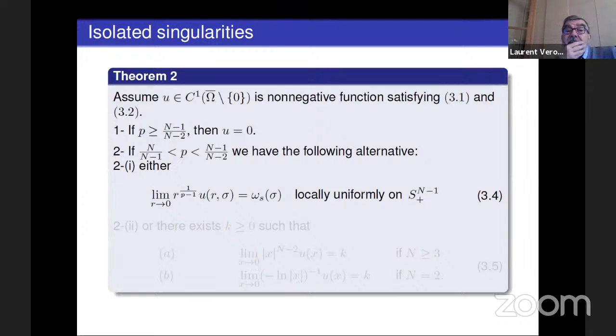Well, in that case, it proves that the singularity is removable. Essentially, if p is bigger than n minus 1 over n minus 2, then the singularity is removable. So there is no singularity at all. That means that the equation is satisfied: minus delta u is 0 in omega, and du over dn plus u to the p is 0 on the boundary. After that you have no singularity, so it's a monotone problem, and the only solution is 0. But you compare 1 to 2, so you see that it is sharp. There is no possibility of playing with that.